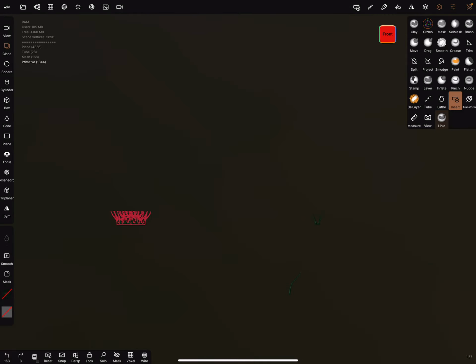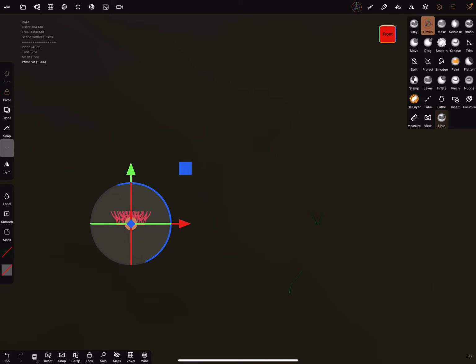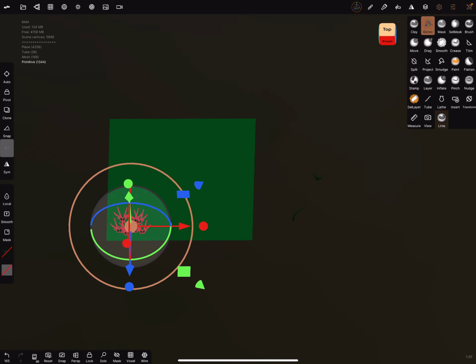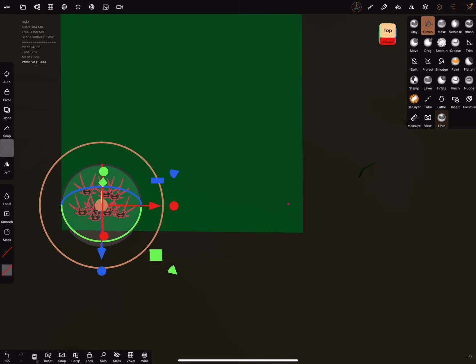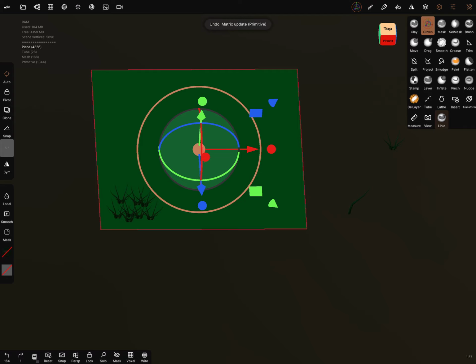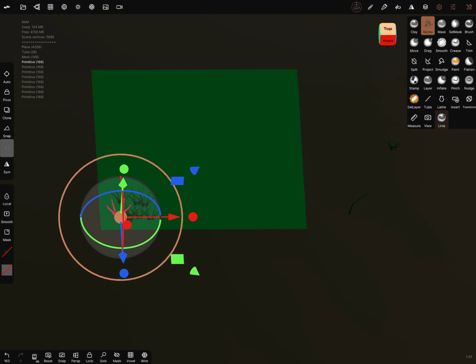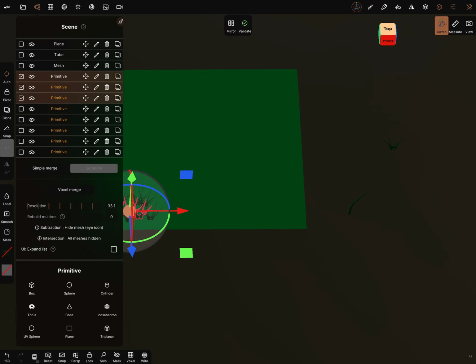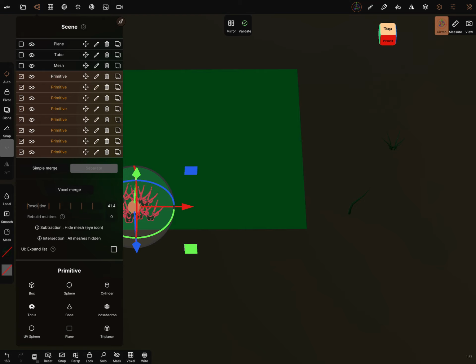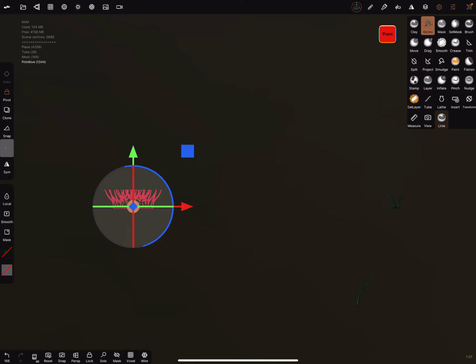that's something sometimes, you have to change the pivot again, bring it to the bottom of the object, and every time you leave the object the pivot has to be moved back, and then you can place, validate this one, and I go simple merge, pivot, bring it in position.